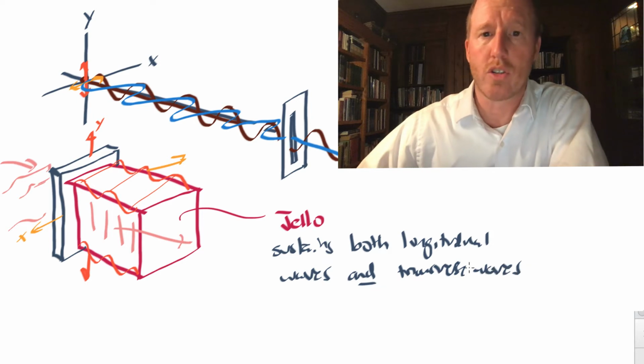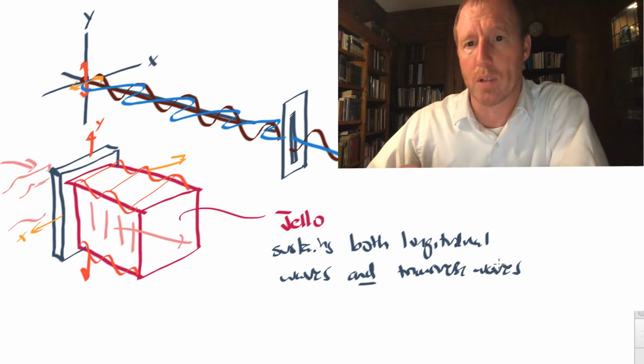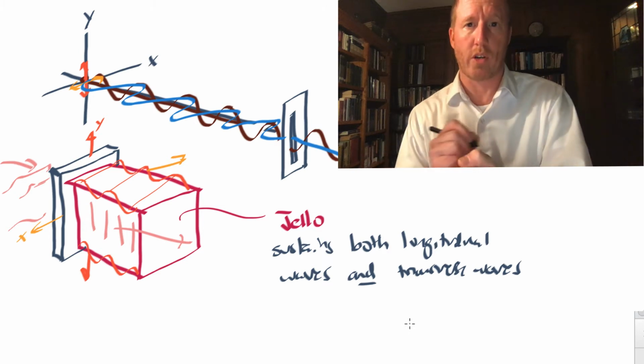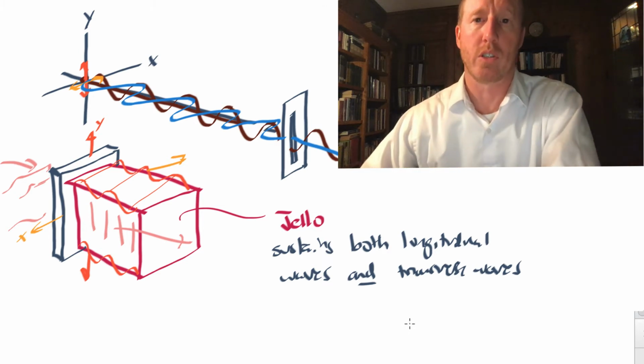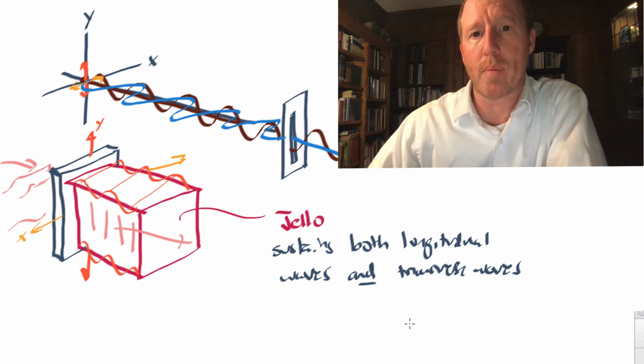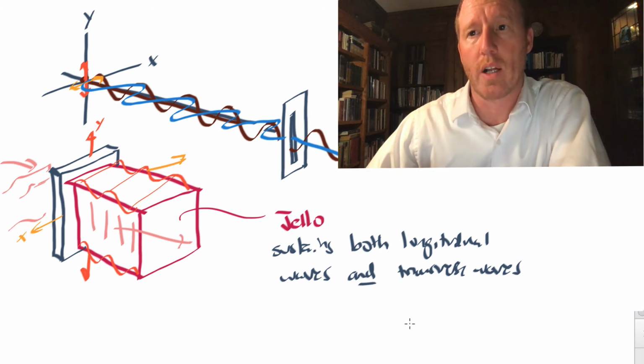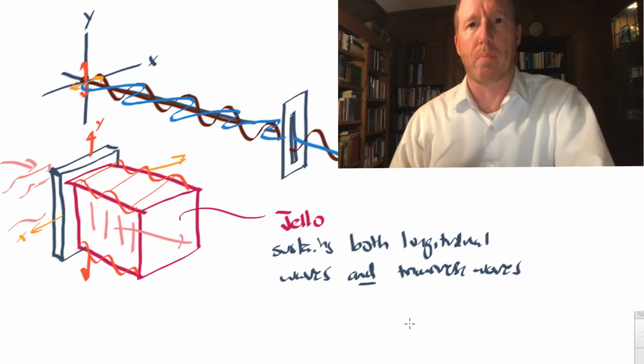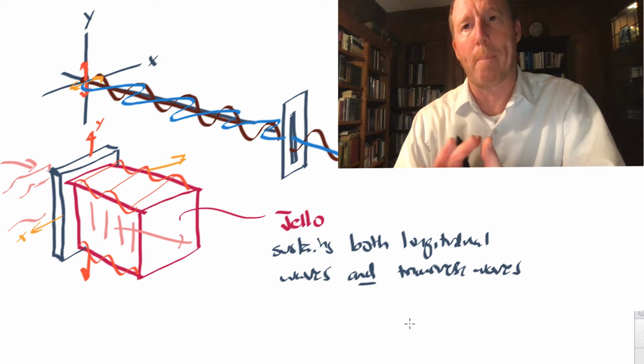And that is because jello is a compressible material, and it's also in some sense a solid where the parts of it are kind of bound to other parts of it. Okay? If you have something like liquid water, that supports longitudinal waves. If you compress water, you get compressional waves traveling through it. But because the parts of the water aren't bound to each other tightly, water does not support